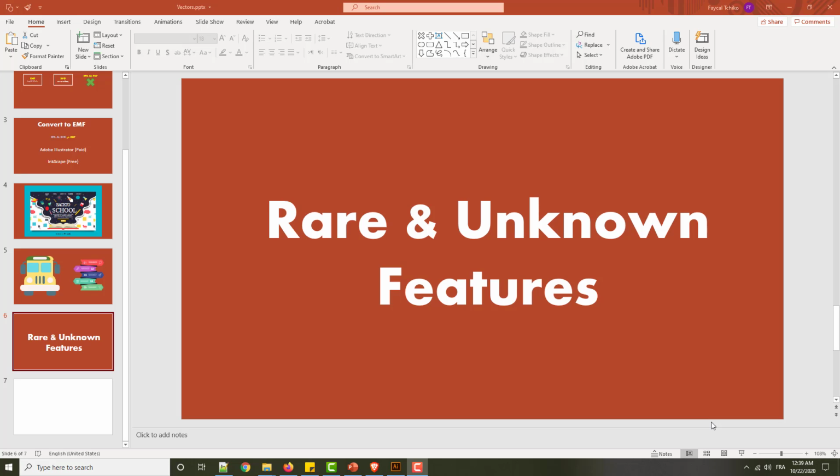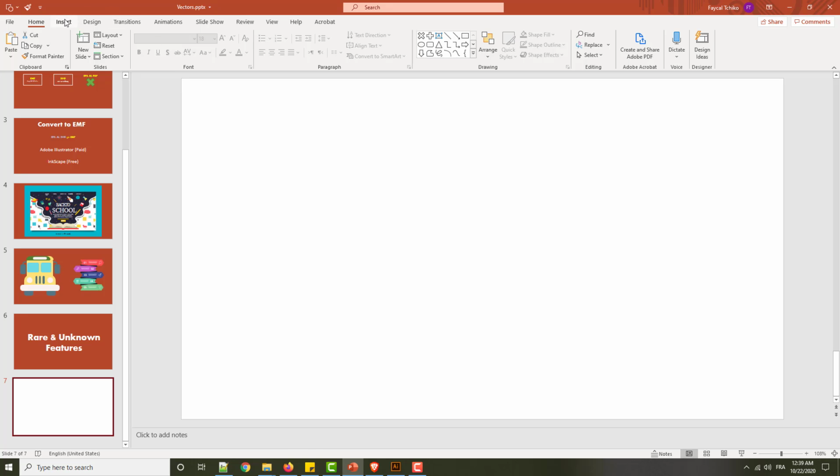I will start a new chapter about a new feature in PowerPoint 2019. Why? Because when I searched about this feature, I found near zero results. You will see this feature is very useful, and I start with the first one by creating a new shape. So let's create a new shape